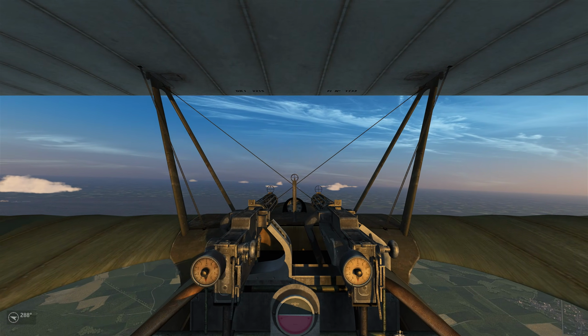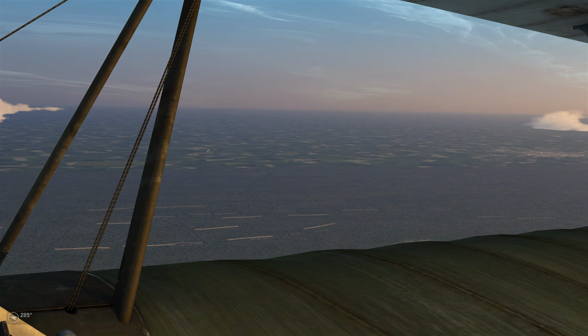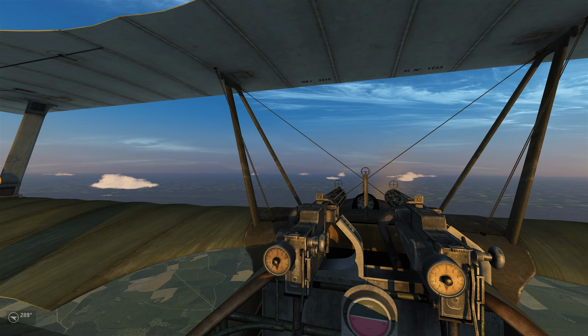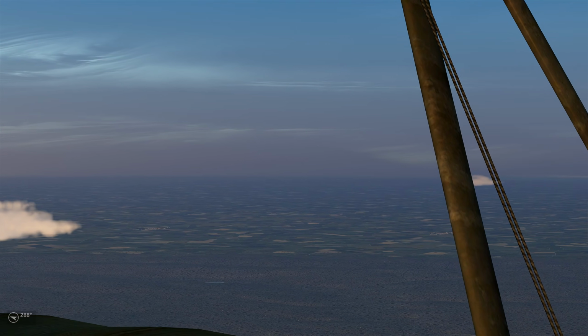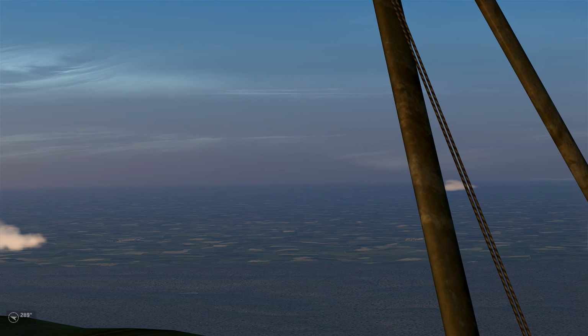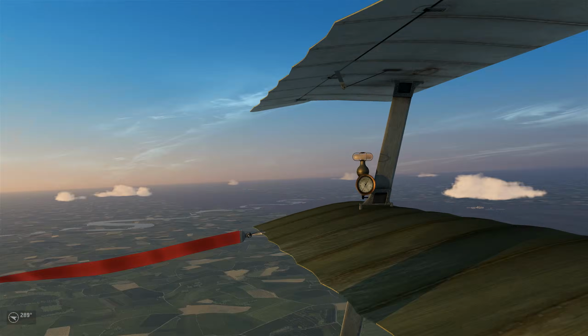Okay, so we're getting awfully close to the mud here. We have an observation balloon. That's probably a friendly. It looks like it's coming from our side of the lines off to our 1 o'clock. And out there, there's a cluster of aircraft, it seems. So it looks like quite a lot of them over on the Allied side of the lines, and that is